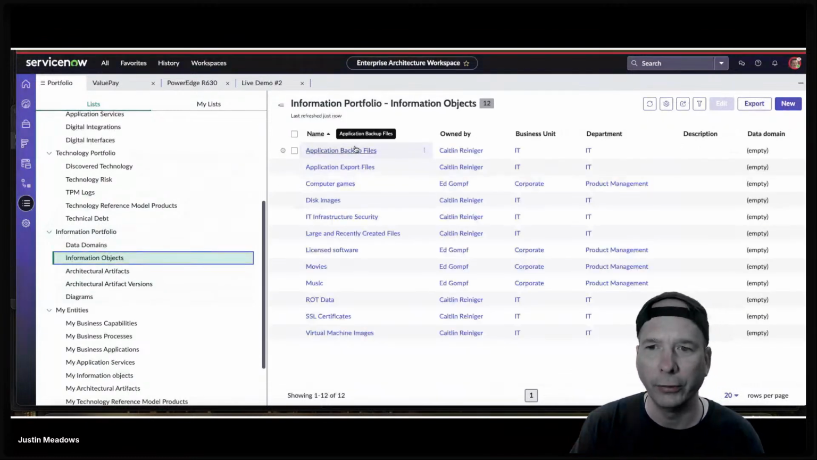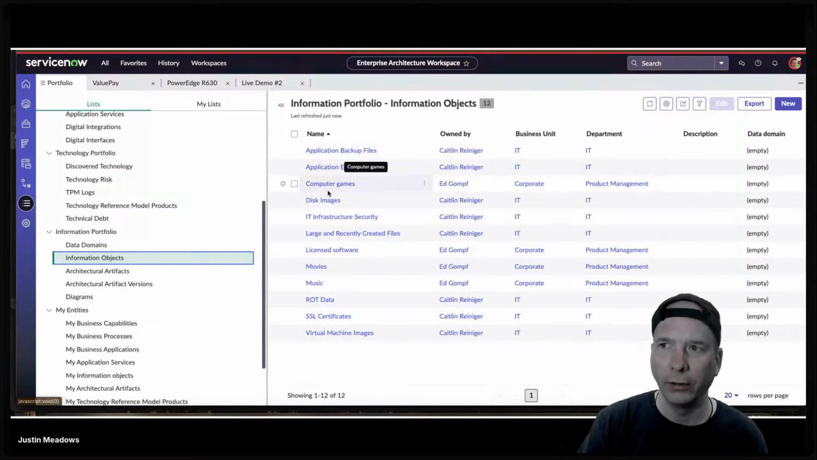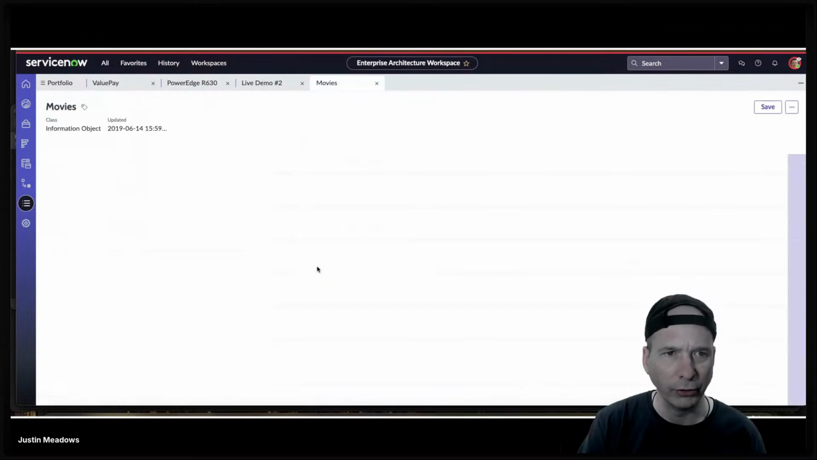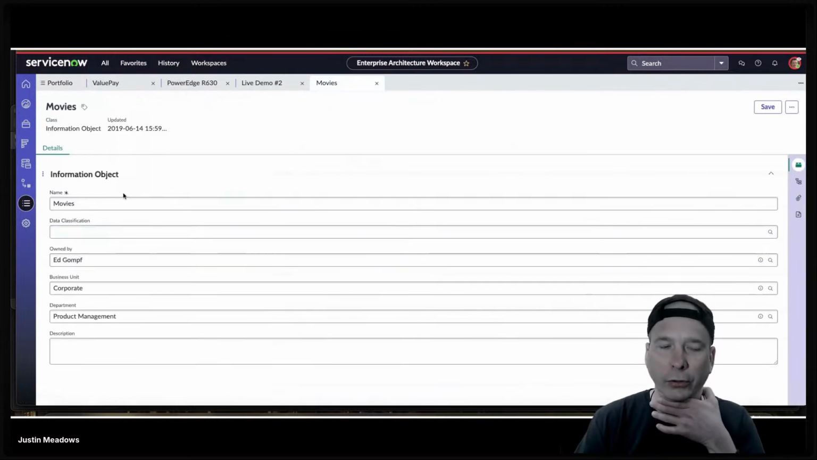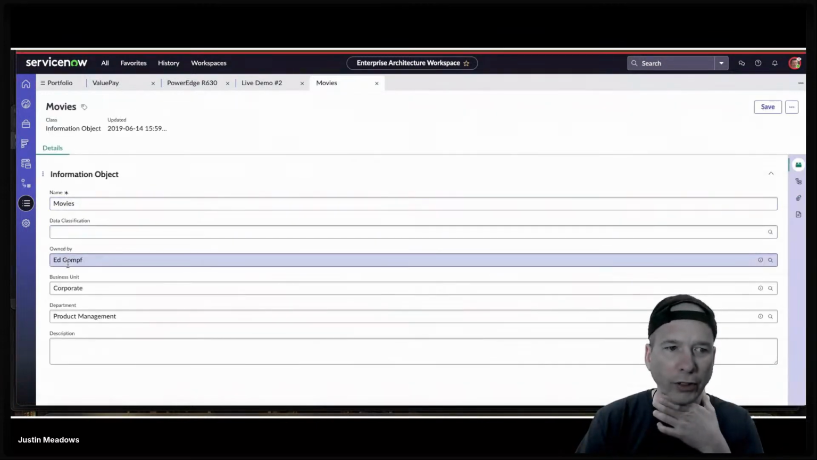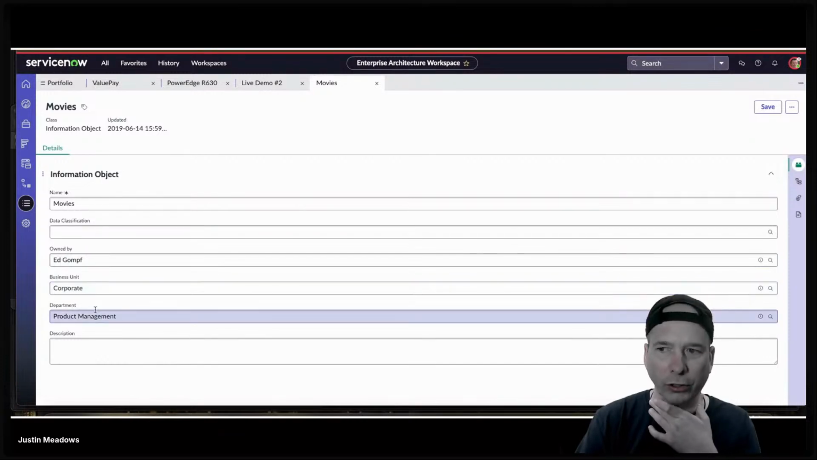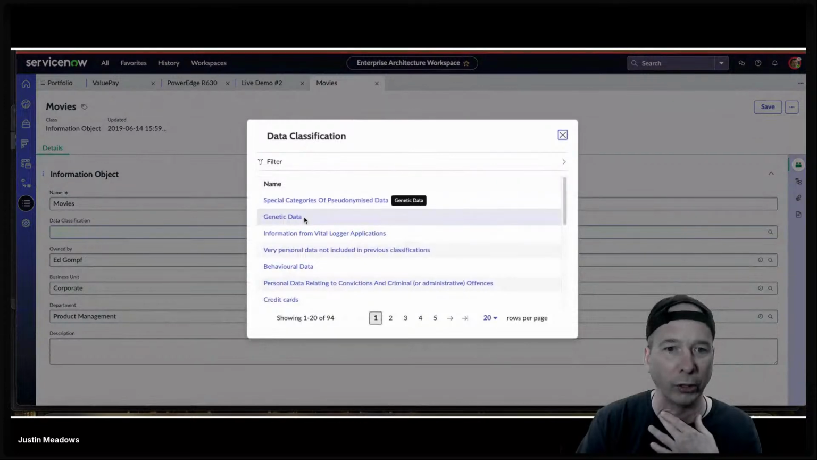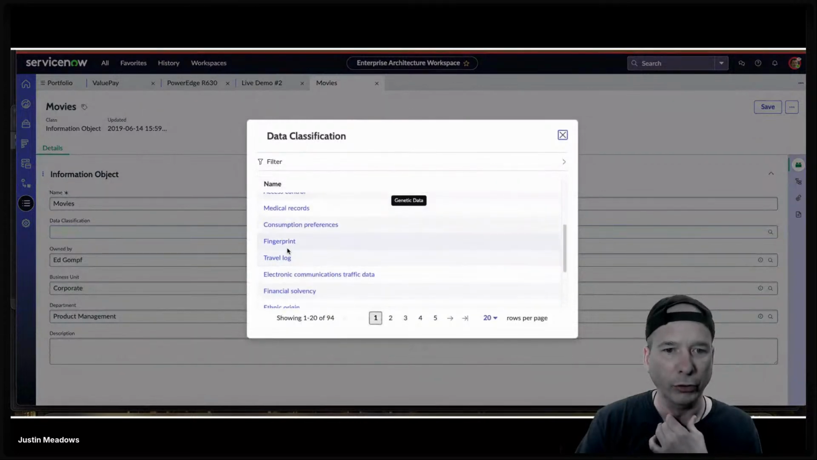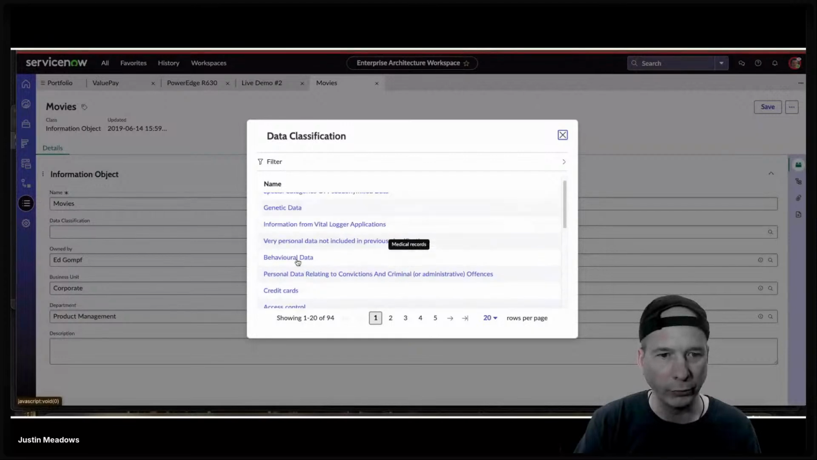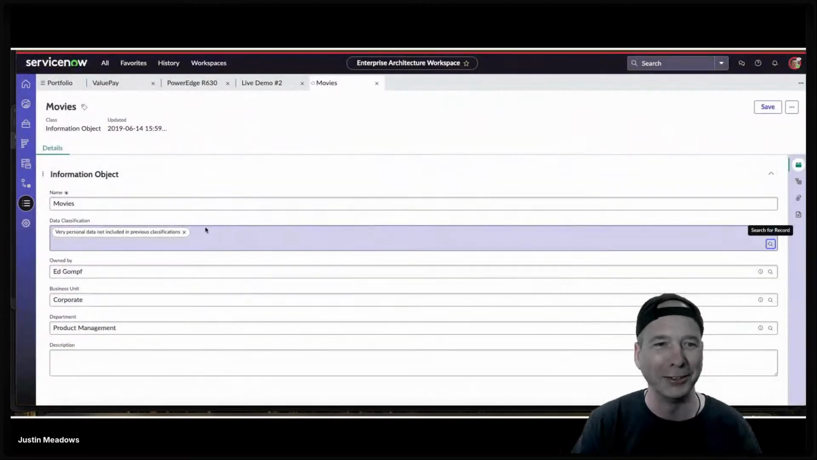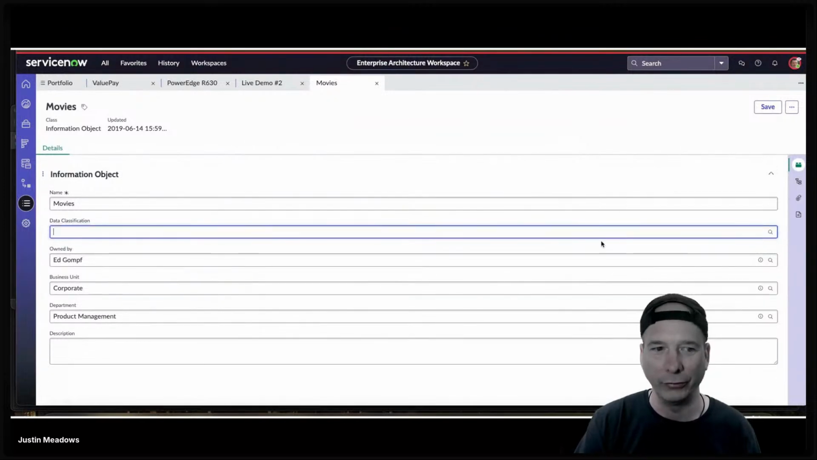really pull up. Let's pull up one of these since we have 3 minutes left. Let's say movies. Movies sounds cool. So this is what an information object looks like. I've got movie, who owns that information object, what business unit is associated with it, stuff like that. And then I can specify the data classification for that as well. Maybe, movies are not medical records, but something like personal data not included in previous classifications. So there, I can clarify all that. And then these can be associated with